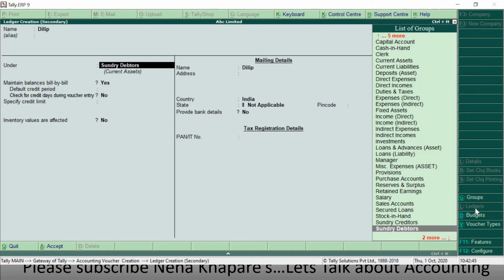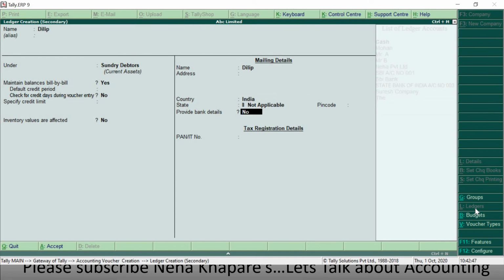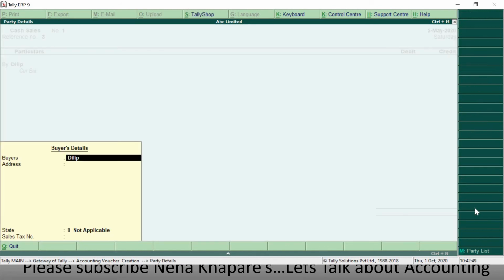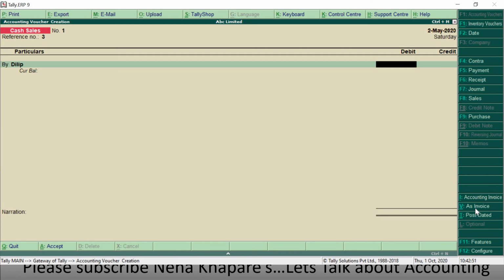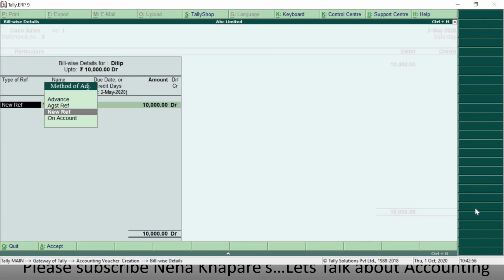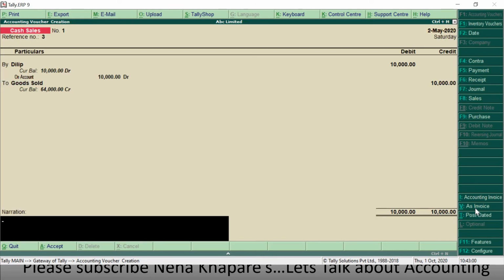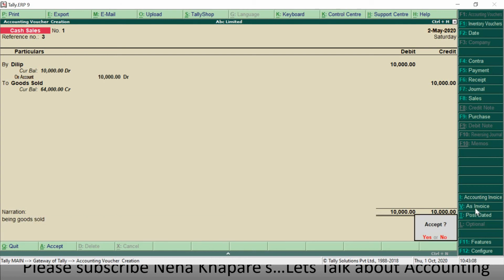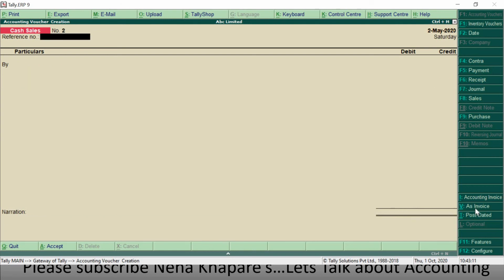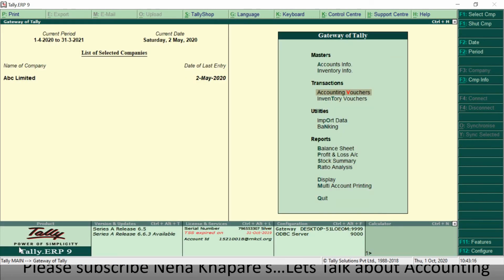Ledger of Dilip. I have made the sales of rupees 10,000, and accept it. So I am able to make both the entries, one with credit sales, one with cash sales.